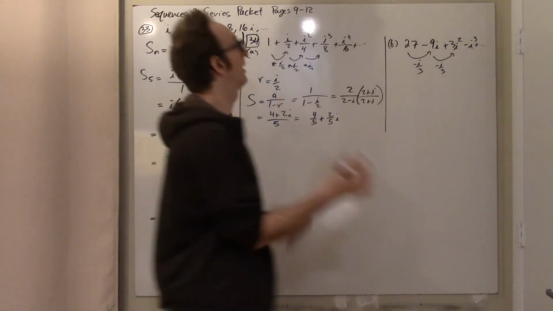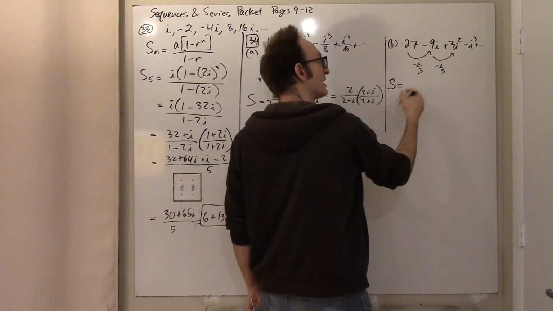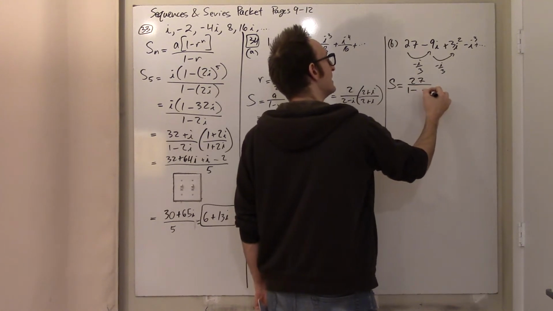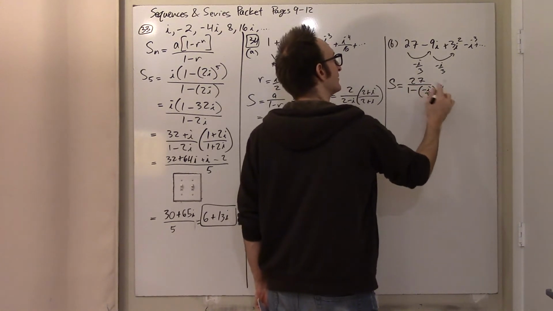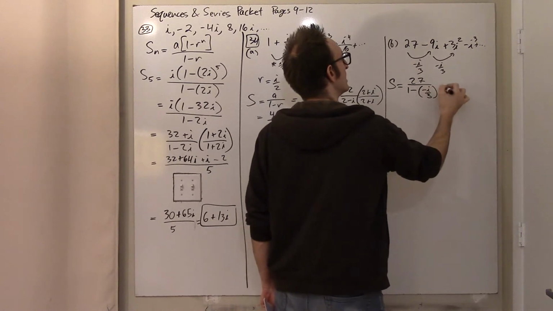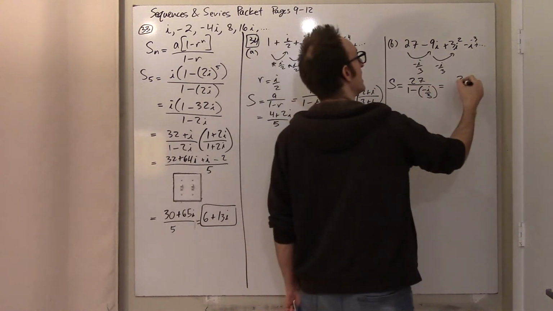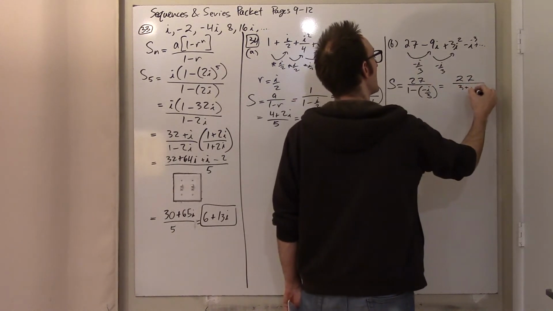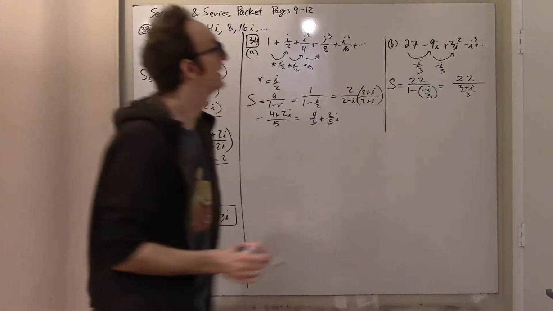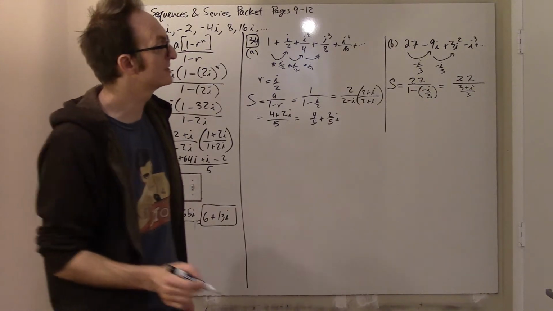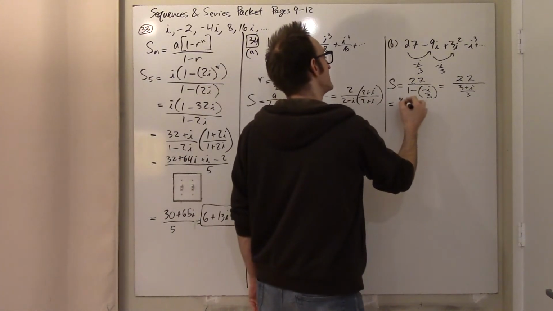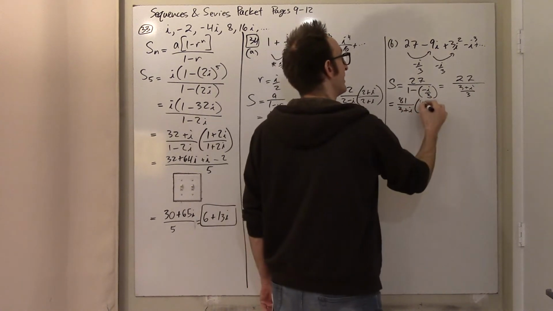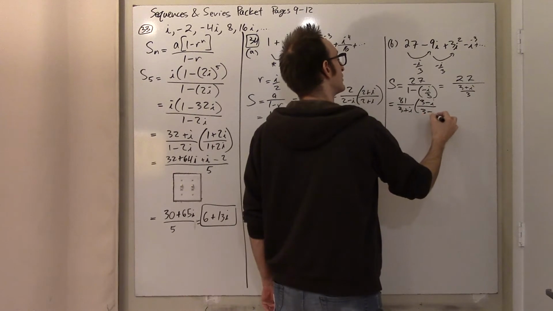Okay, what am I doing? Well, alright, yeah, once again, I'm just adding up the infinite number of terms. So it's going to be the first term, 27 over 1 minus negative i over 3. This is kind of not that exciting of a problem. What am I going to do? This is 27 over 3 plus i over 3. Getting a common denominator, so really that's like 81 over 3 plus i. And if I multiply by 3 minus i over 3 minus i,